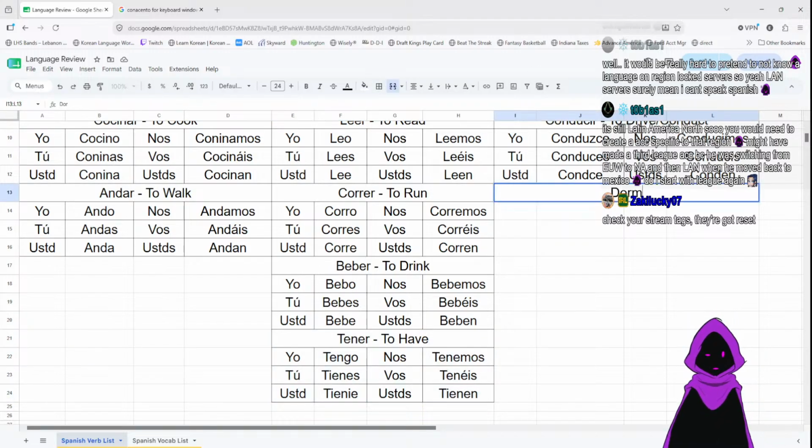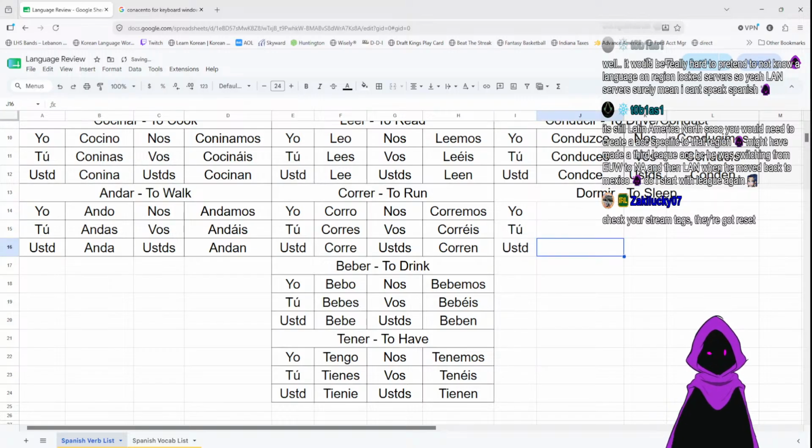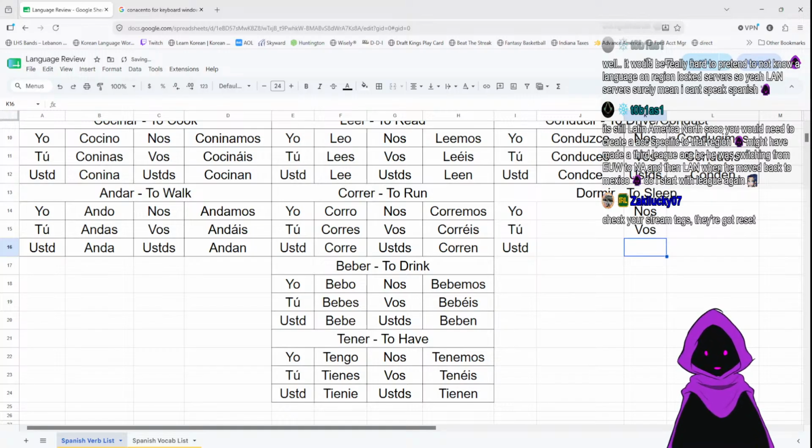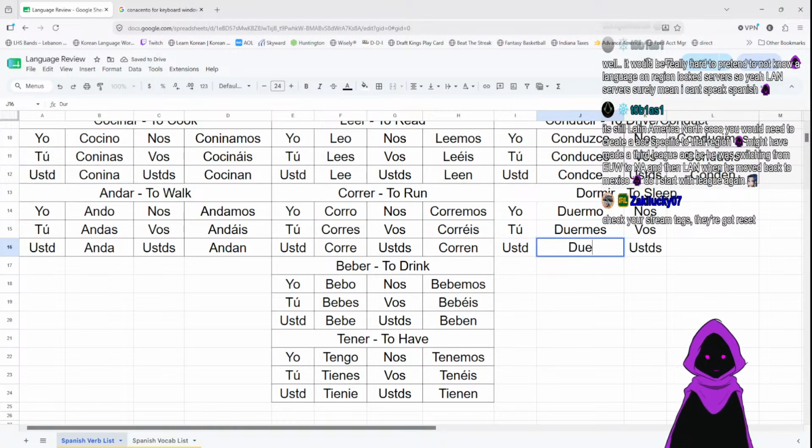We have dormir, which is to sleep. Dormir is another irregular where we change what we got here. So we got duermo for I sleep, duermes for you sleep, and then duerme